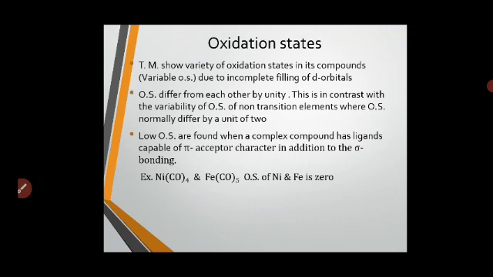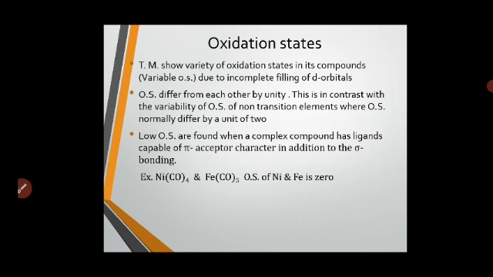Now today we are going to study one more important and notable feature of a transition element or transition metal, that they are showing a variety of oxidation states. Already this property we have seen in p block elements also, in group 15 or group 16 elements, but there is a little bit of difference in the oxidation states shown by p block elements and d block elements.